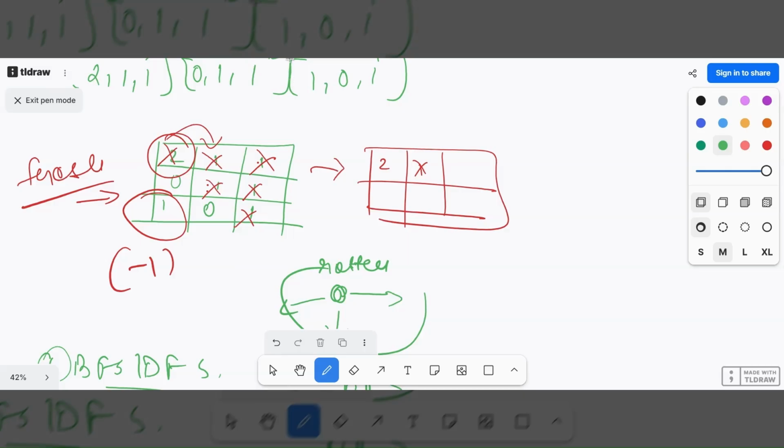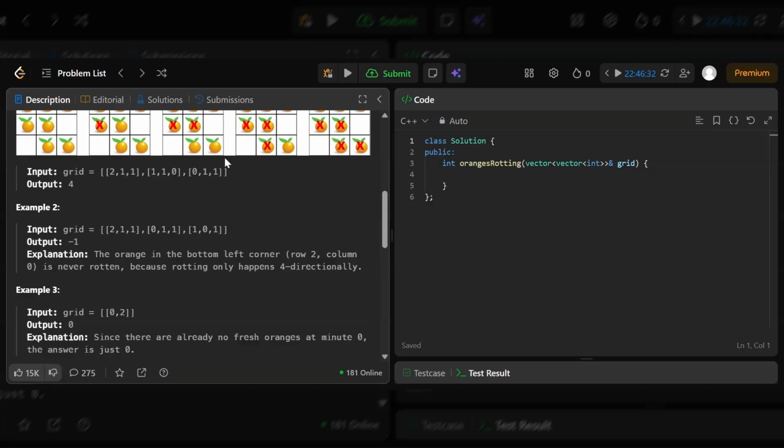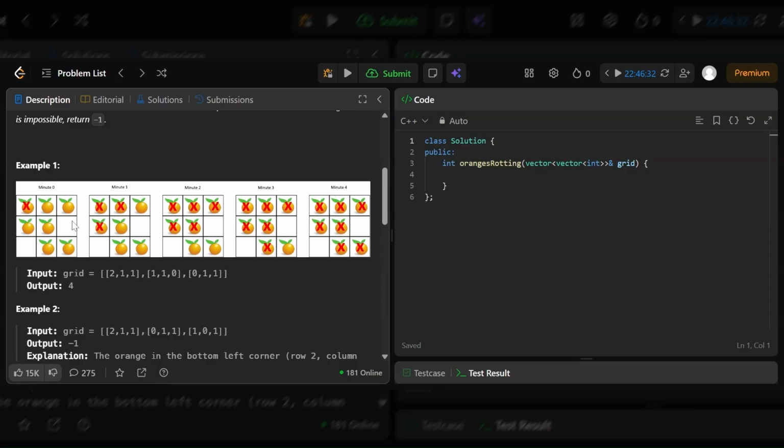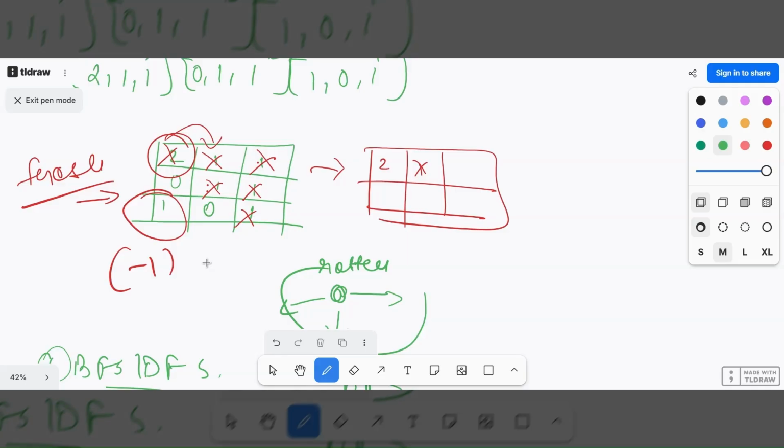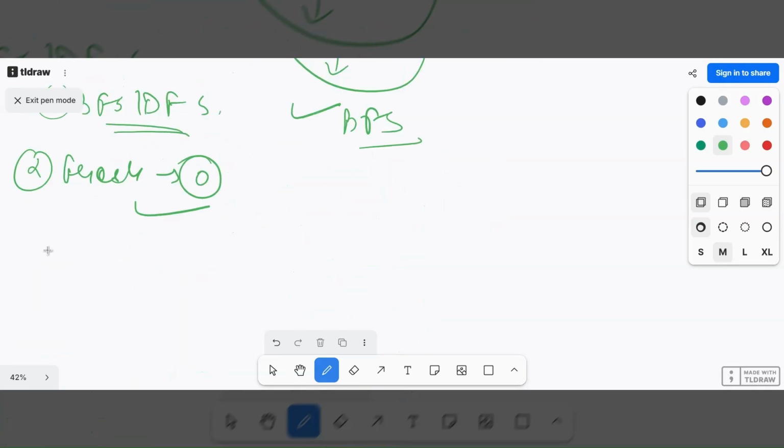The example here: this cell, first row, 0th column, no need of spending time on this because it's already rotten. So we will consider the minute only if a particular rotten orange can make at least one fresh orange rotten. If any orange can convert at least one fresh to rotten, then only we will consider that minute. So we'll do minute plus plus only if one rotten orange